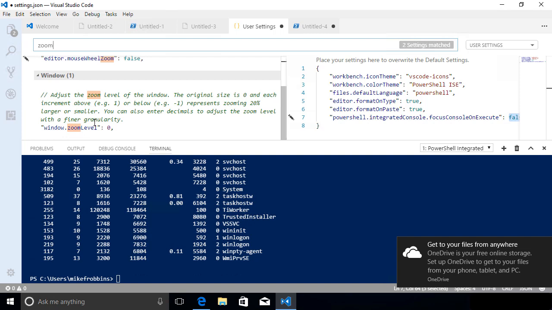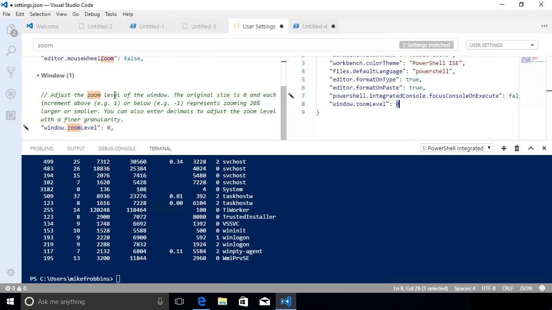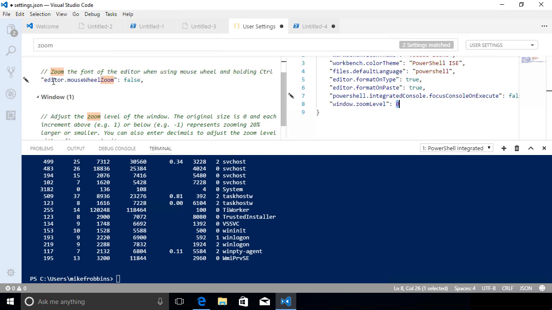So there's two settings I want to change actually. So if I want to change my zoom level, I can actually edit it here. So I can copy it to settings. It's still on 0. I could change it to 1 or 2 or so on. And then 1 increases the font and 2 increases it even more. But there's a really neat feature where you can actually change the zoom with Control and the mouse wheel. So if you edit this setting and set it to true, so now I can actually change it with the mouse wheel, and when I close and reopen VS Code, it's going to be back to the default, which is what I really like. Because when I'm in a presentation, I want to make my font bigger, but then when I'm normally coding, I want it to be the standard size. So once I save this,